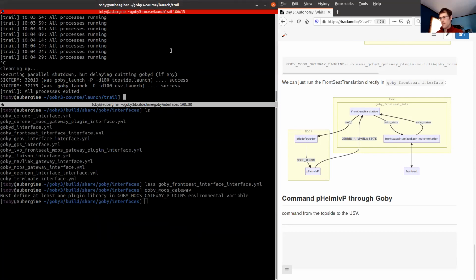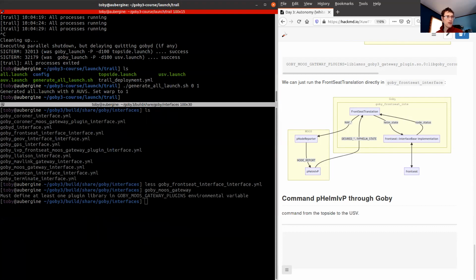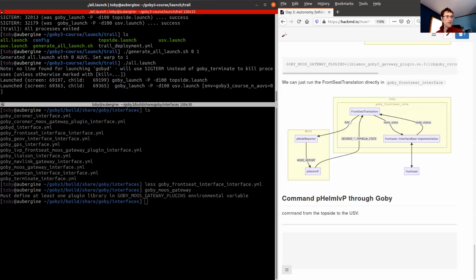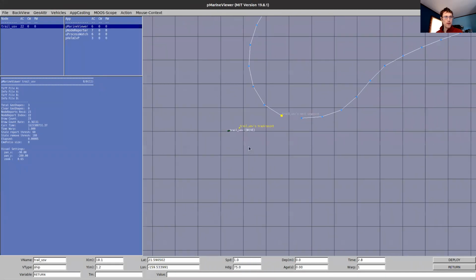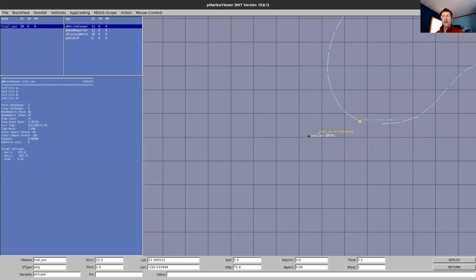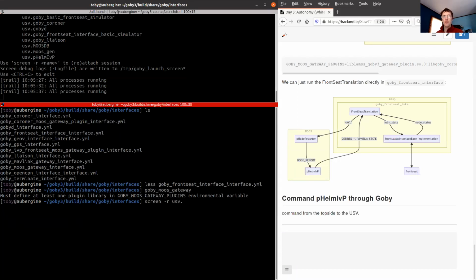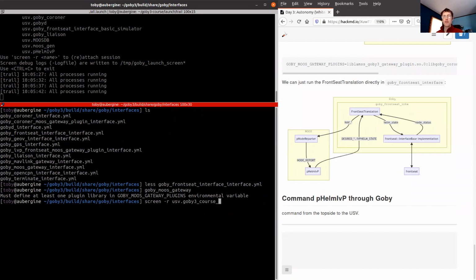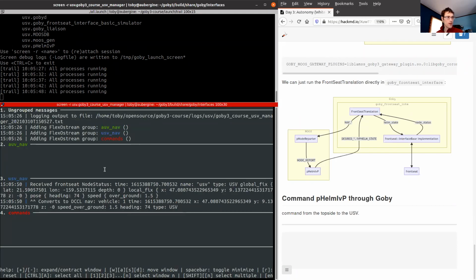I can launch this. I already configured this to have 0 AUVs and 1 warp 1. I'll just run it again just to be sure. And then I can launch those. And my USV is going here at its very slow real speed. And if I reattach the screen for the USV Goby3 course, the USV manager, I get this ncurses GUI showing my various feeds.